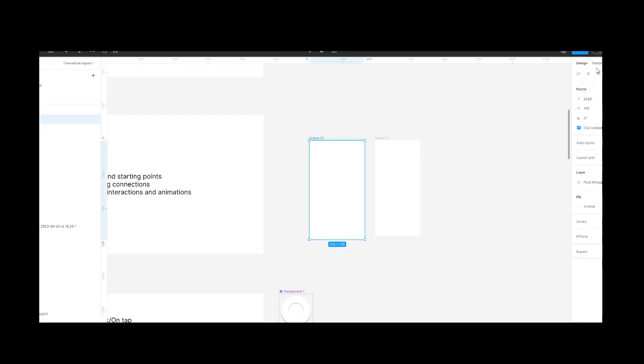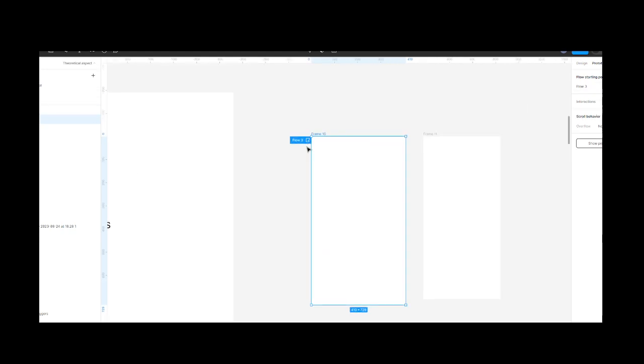So this is how to make a flow. When you click on this, as you can see, there is flow, there is interaction, and then there is scrolling behavior. And under scrolling behavior, we have other things, and under interaction, we have other things. But this is actually the starting point of everything. So if you click on this, Figma adds this stuff telling you that